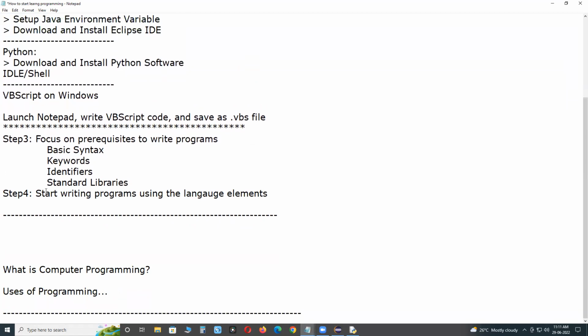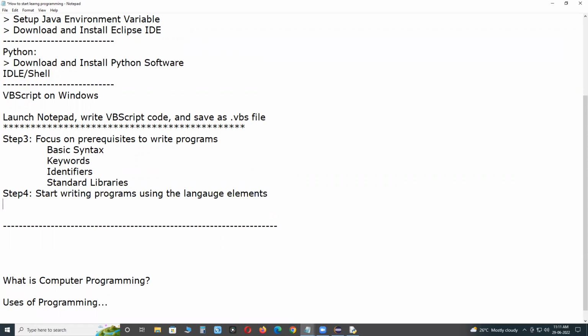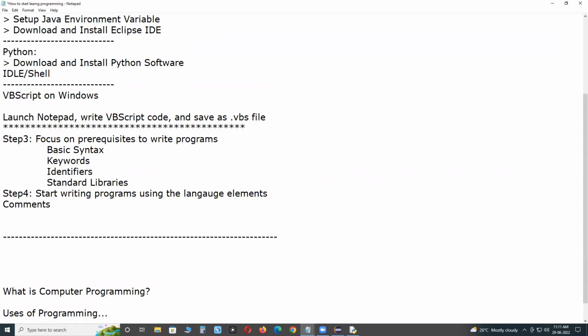Next, last one. Start writing programs using language elements. Say, programming language elements. What are they? Comments. Next, data types.